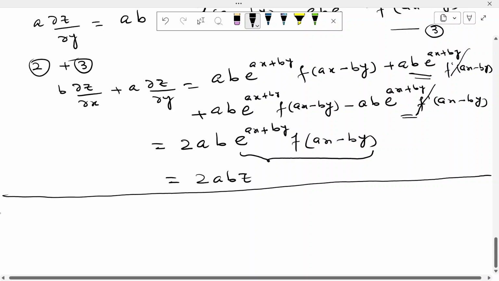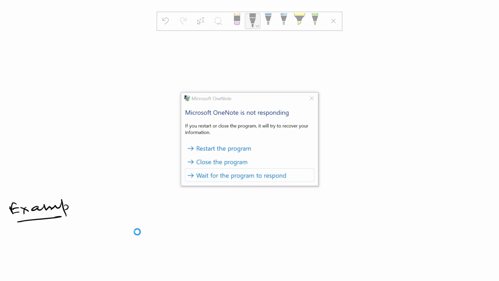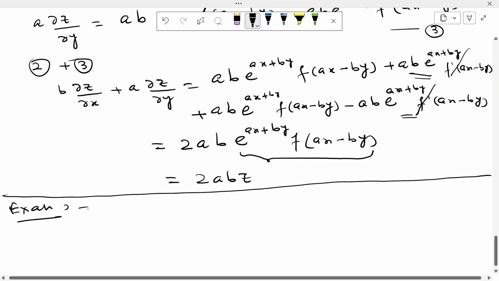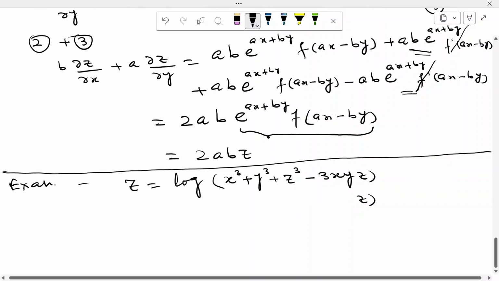Now consider another example here. We are given a function z as log of x cube plus y cube plus z cube minus 3xyz, and this is an example where we need to show that